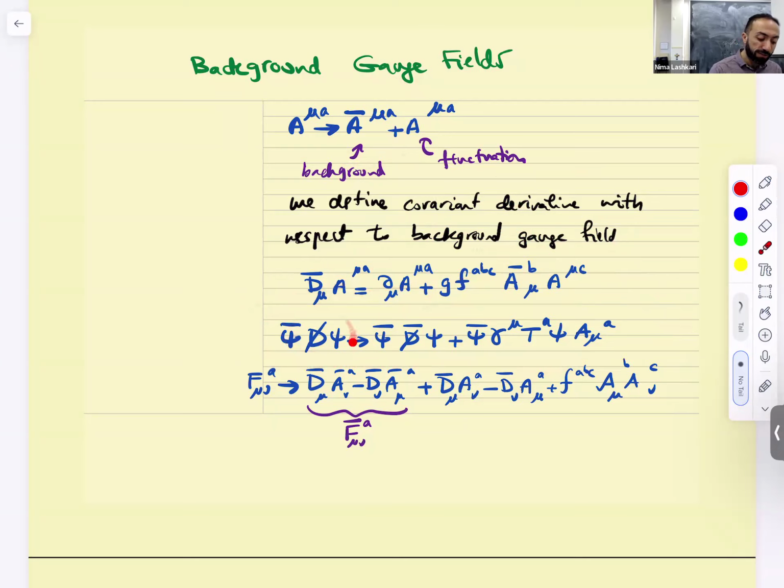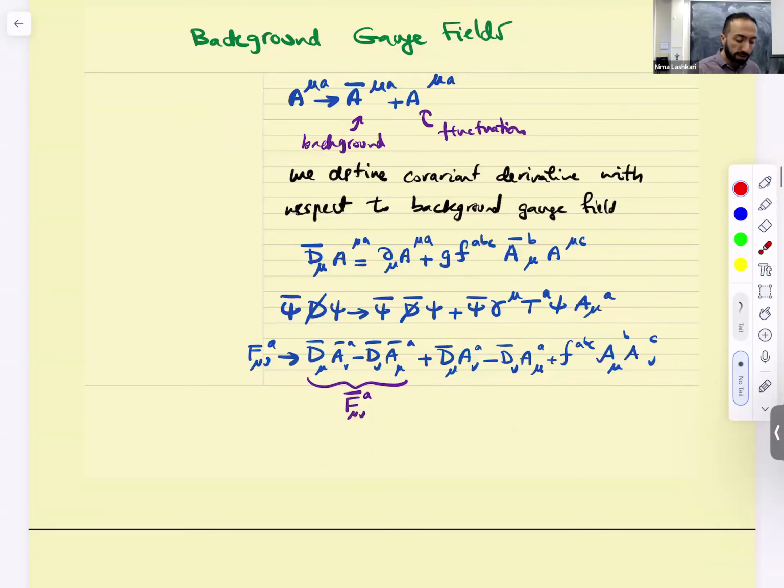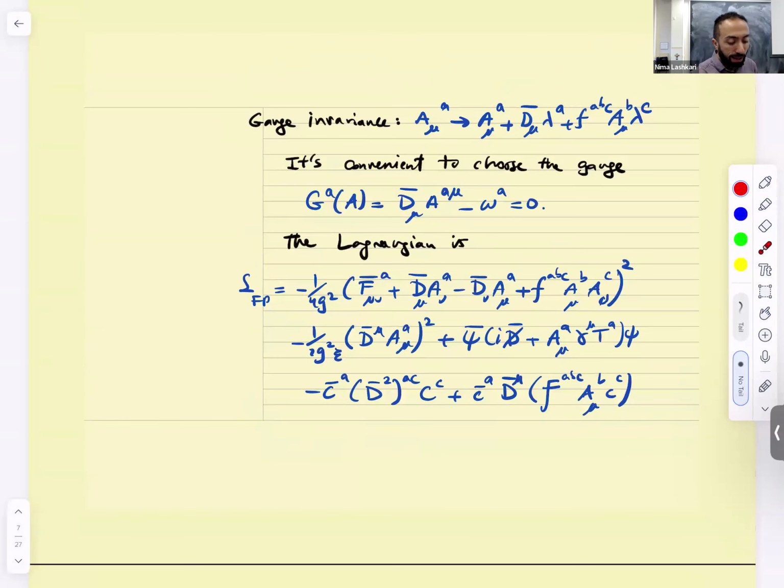So the fermion term will be the background fermion term plus an extra term. And then the field strength will be a background field. Well, these are fluctuations, but with covariant derivative of the background. And then these are the extra terms, right? Why are we doing this? Because, sorry, this is the gauge invariance. Now, what is important here is that